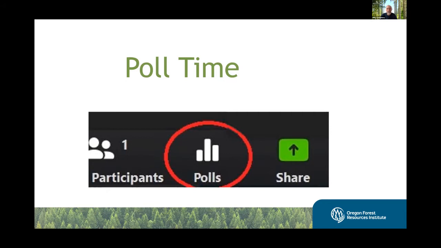Pretty typical for tree school, 71% from the Willamette Valley, a few from Southwest, a few from the East Side, 1 from Washington State, no one from anywhere else, just Washington and Oregon. Mostly woodland owners, 58%, but also some agency natural resource professionals, some others, some nonprofits and private. And this one is not mutually exclusive. You could be a woodland owner and a nonprofit natural resource professional. Acres, again, right about the usual, 40 to 100 gets the most, but we have in all the categories, all the way from people that don't have any to people that have 1,000 plus. So pretty good reach, really interesting distribution.